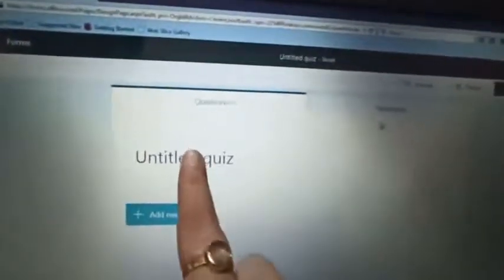If you want to edit, then also click on new quiz. If you want to make a new paper, then also click on the new quiz. So as I chose new quiz, it has opened an interface where it is showing an untitled quiz. So there are two options now. If I have to make a new paper, I will continue with the steps which I told in the morning video. So you'll make a new paper from here, but I don't want to make a new paper. Our doubt is how to edit the old paper.